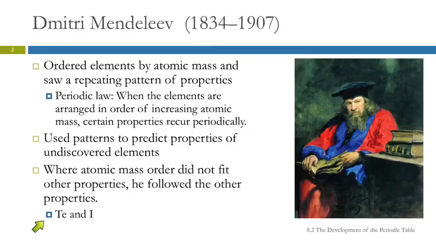One example of this is tellurium and iodine. If we find that on the periodic table, we see that tellurium is to the left of iodine, which would lead us to expect that its mass is smaller. But the mass of tellurium is 127.6. Mass of iodine is 126.9. He switched the order because iodine behaved like the other halogens, chlorine and fluorine, etc.